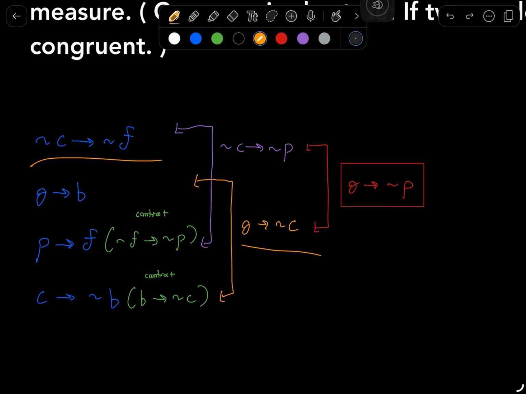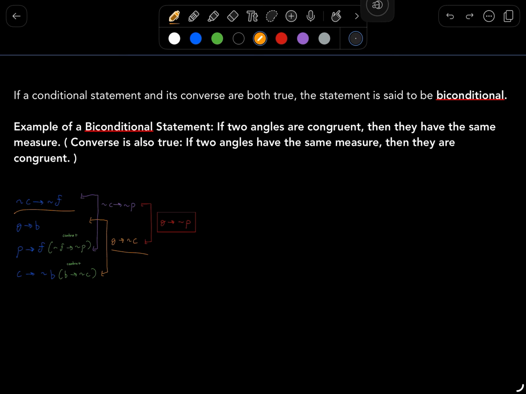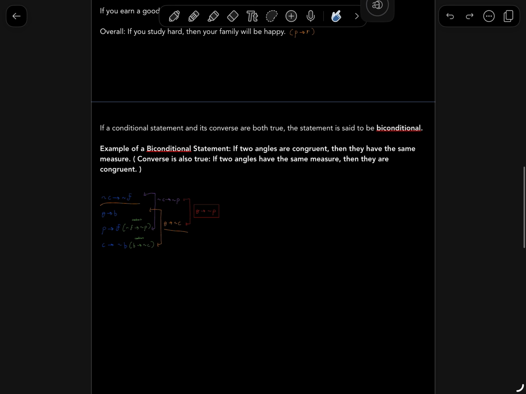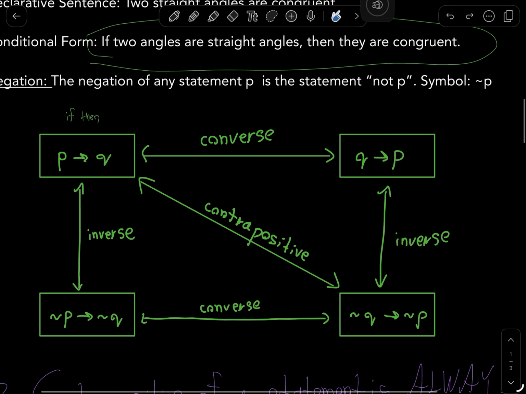So again, this is an important thing to know because if you're dealing with a lot of different conditions and relationships, it's important that you know how to work around them. Sometimes you're going to have complex proofs with a lot of stuff going on, and you really do have to know how to deal with multiple conditional statements. But yeah, that was this entire lesson. I hope you at least understood somewhat. As long as you know the relationships, that should be fine,